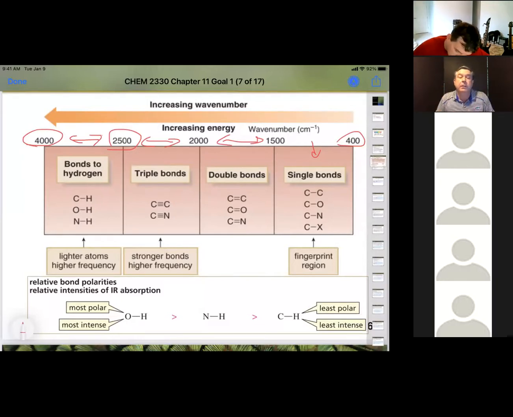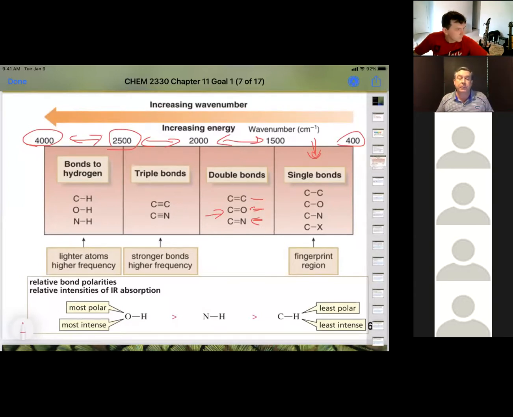We have a carbon-carbon double bond, a carbon-oxygen double bond, and a carbon-nitrogen double bond. And this is between 1500 and 2000. These can shift around a bit based on what's attached to them, and I'll tell you about that when we talk specifically about the carbonyl. We'll move it up and down based on what's attached to it. And then those weakest bonds, which are going to have the lowest frequency, are the single bonds